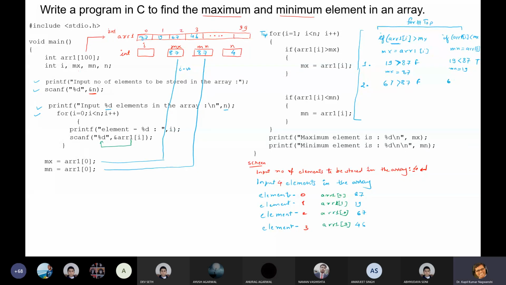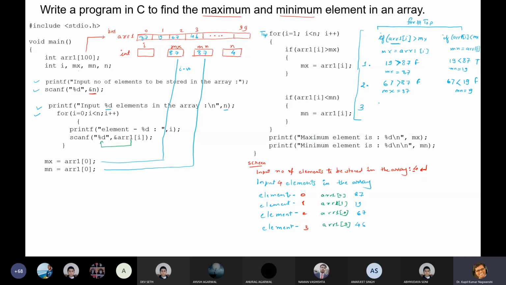Okay, so 67 is less than 19. Both the conditions are false. So again Mx will be 87 and Mn will be 19.